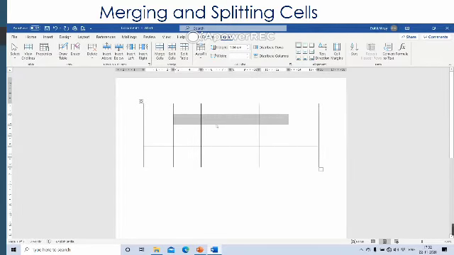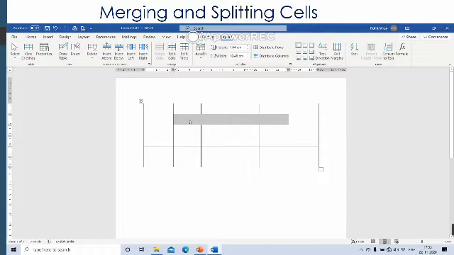After selecting the cells, click on the Layout tab. In the Merge Group, choose the Merge Cells option.